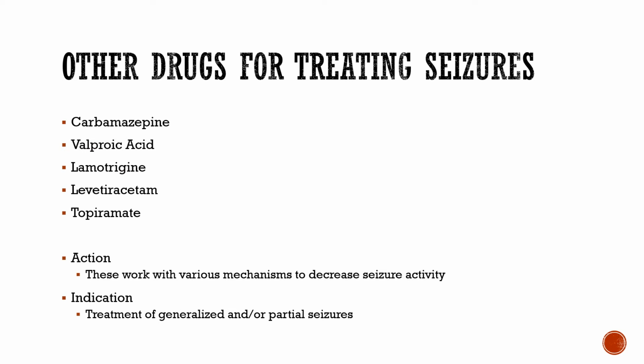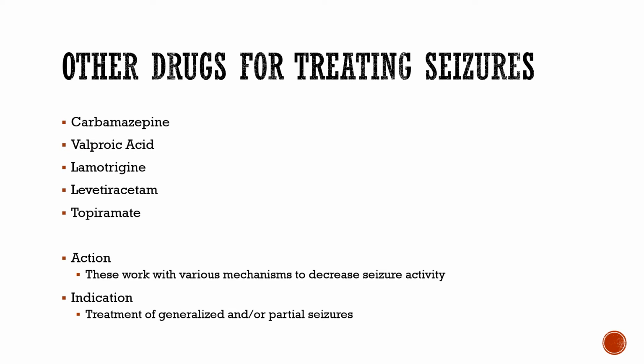Other drugs for treating seizures: carbamazepine, valproic acid, levetiracetam. I mess that one up every time. That's also known as Keppra. Keppra is one of the only ones that I've found that they'll use through pregnancy. The others, you try not to use through pregnancy. But the Keppra, or the levetiracetam, it is the one that you will see a lot of times through pregnancy